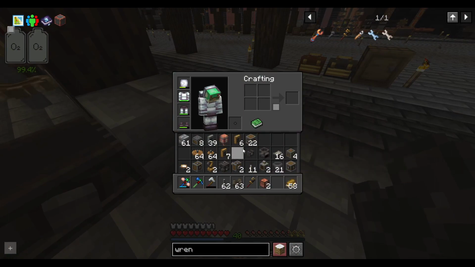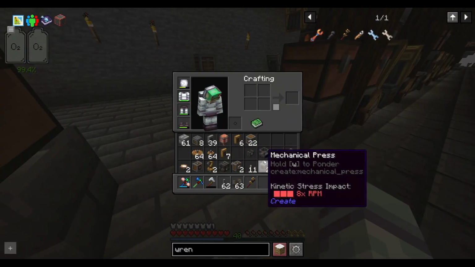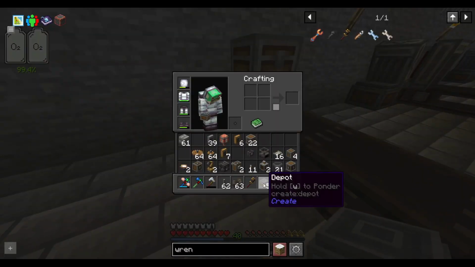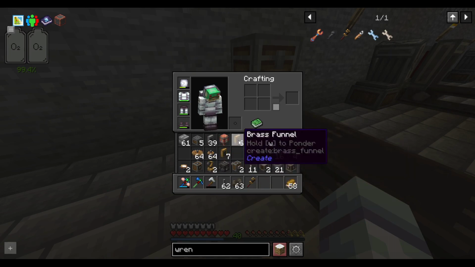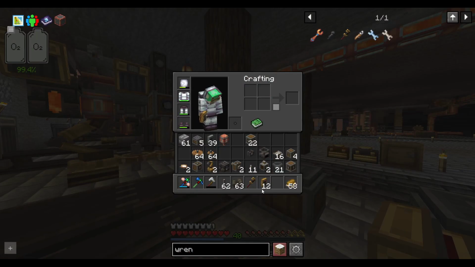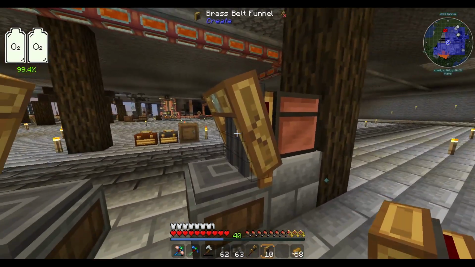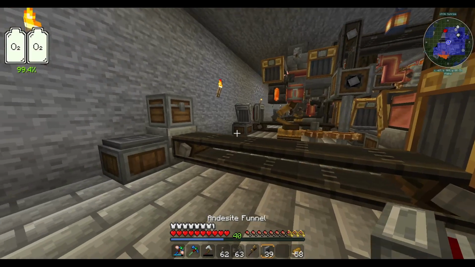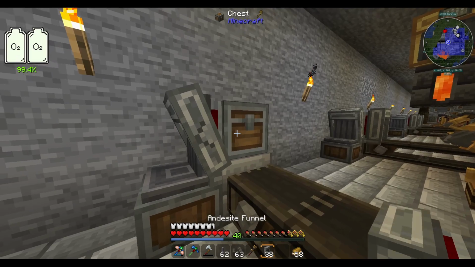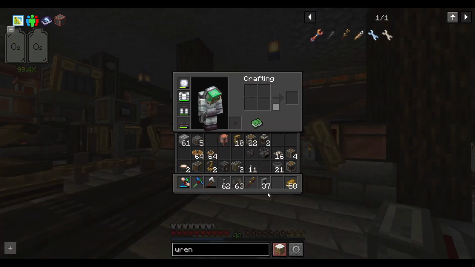So I want to put a copper chest down here, and I guess we'll put one over there for funsies as well, just so that we know what we're doing. Put a depot down, and then wire some of this stuff up. Brass funnel I want to be right here because we're going to need to be able to filter a couple of things. And then I'm going to just put one right there because it works a little bit faster. Andesite funnels, just to save on resources because they're kind of cheap compared to these other things. Of course, now that I have